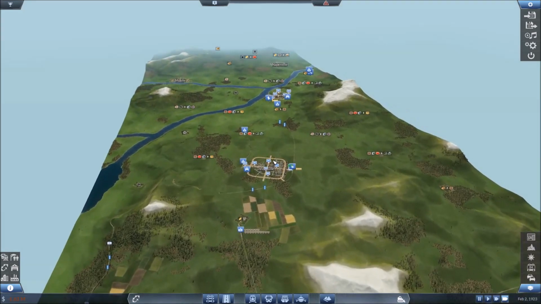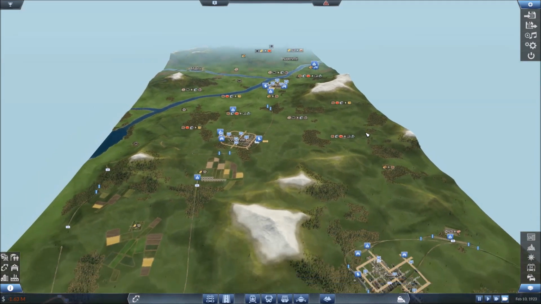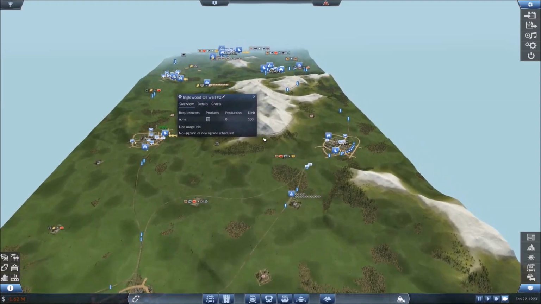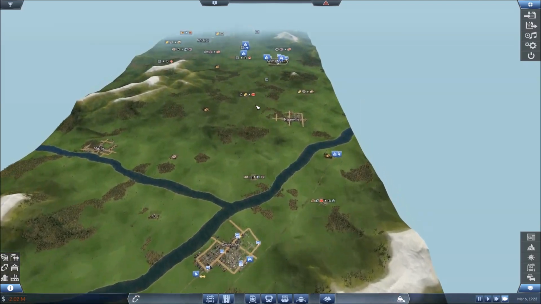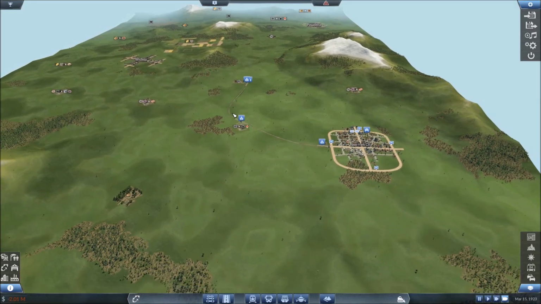I think the only real oil thing that I had going was all the way up here. There's oil, but I don't think there's a refinery. Is there a refinery? No. The only refinery is all the way up here. Yeah, that's... I might try and get...